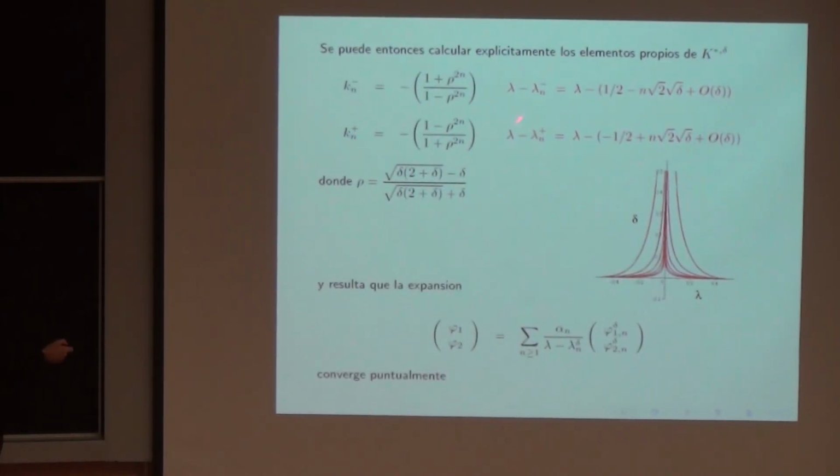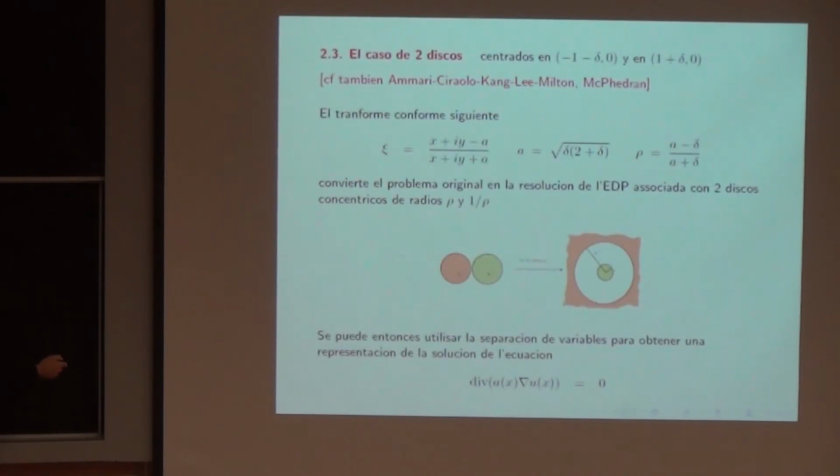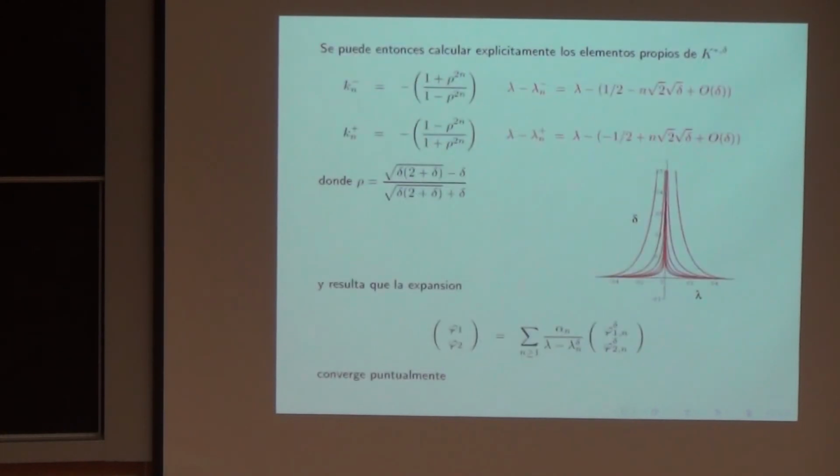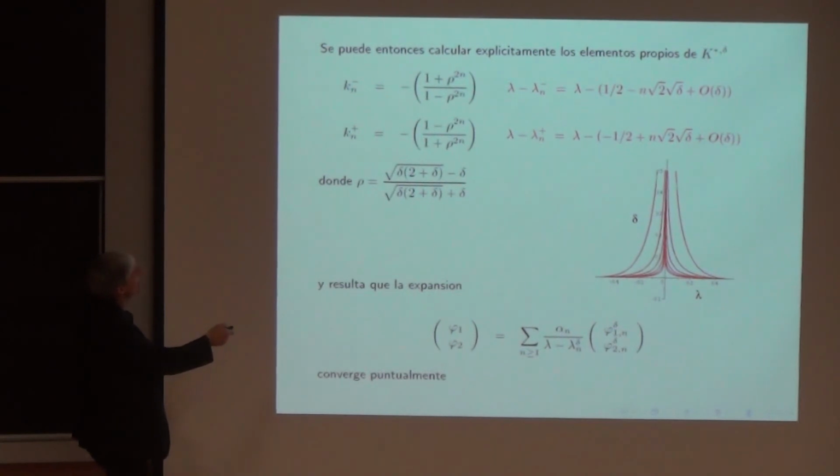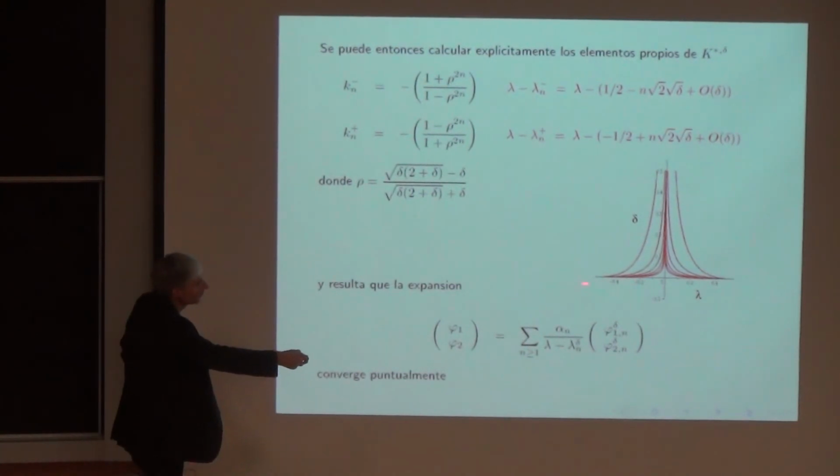So what we are after is this number lambda n plus and lambda n minus, which are the eigenvalues of the operators. They're intimately related to the contrast, which you can get explicitly in terms of the parameters of the conformal map. So all of this is pretty much explicit. And what you see is the following picture. If you plot the eigenvalues lambda here, in terms of delta,